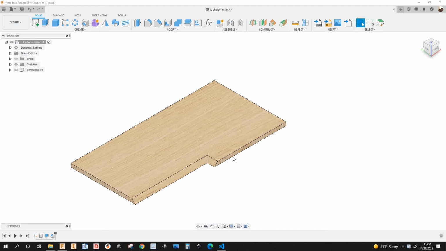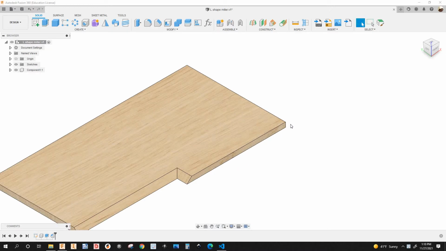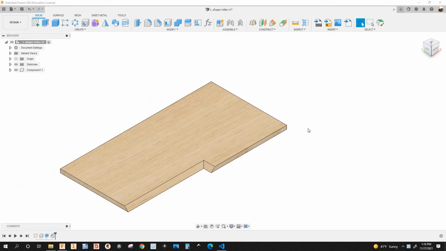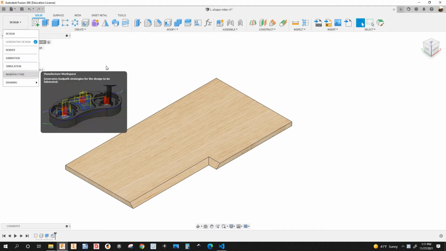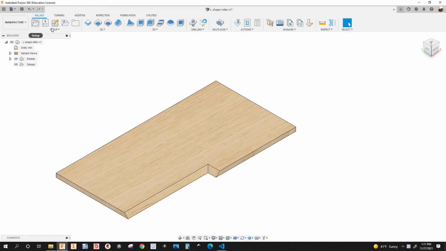In this video I'm going to show you how to program a part like this that has an L-shaped miter. Alright, so let's get to it. This is just a half-inch plywood. Alright, so I'm going to create a new setup. I'm going to go to manufacture, create setup,